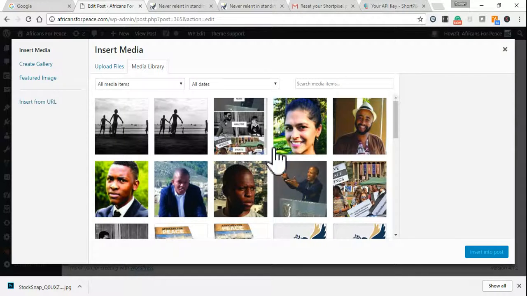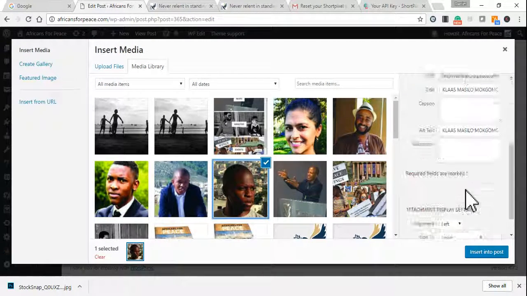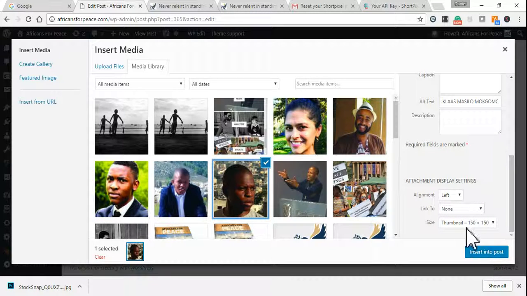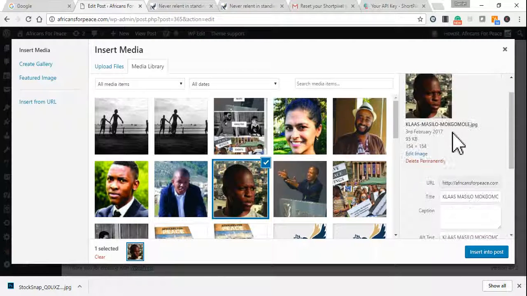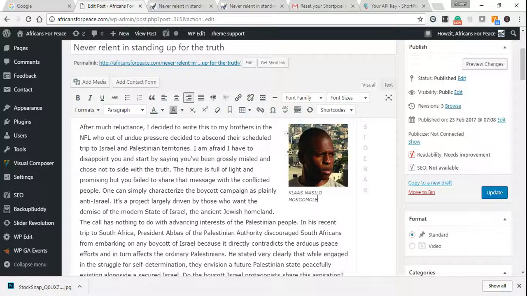For example, I'll add this picture here just as an example, and I want the size of it to be a thumbnail size, although I already did save it as a thumbnail size. I'll just, for this instance, use full size, and I don't want it to link to anything, and I want it to align to the right, and I also want to caption this image. So this will appear here,